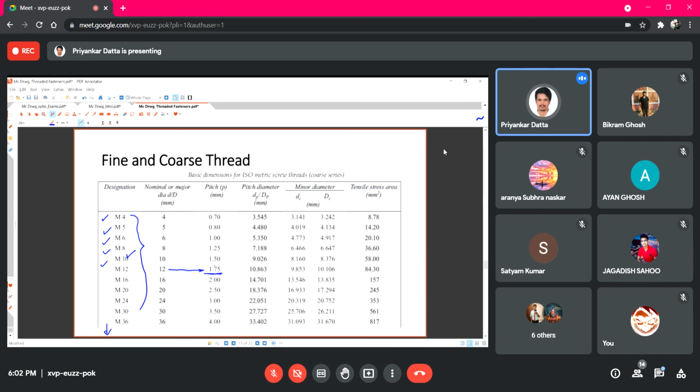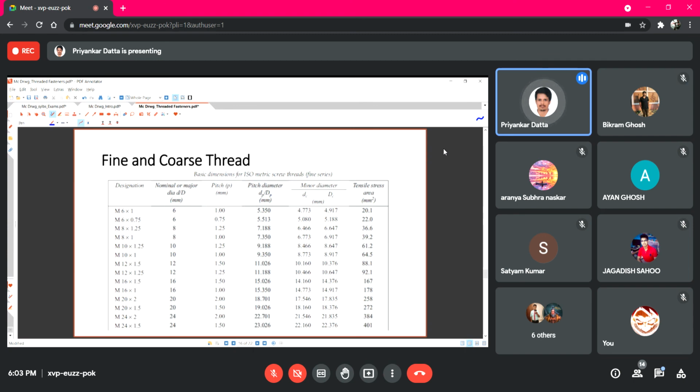So if you are using a 12 diameter single start thread, and you start from one point on the cylindrical body of that bolt and move one complete rotation, since it is a single start, you will move the length of the pitch, that is 1.75 millimeter. Whereas for the fine series, 12 has two designations, M12 into 1.5 and M12 into 1.25. So two pitch values are possible: one is 1.5 millimeter, one is 1.25 millimeter.